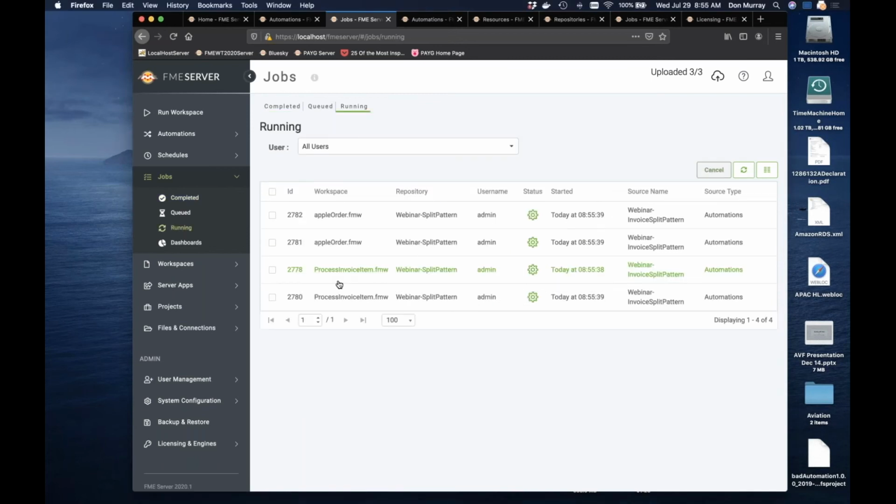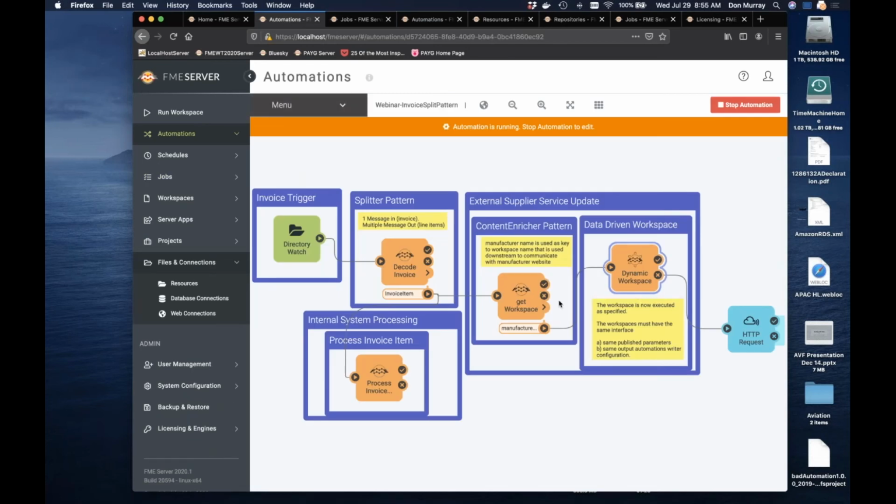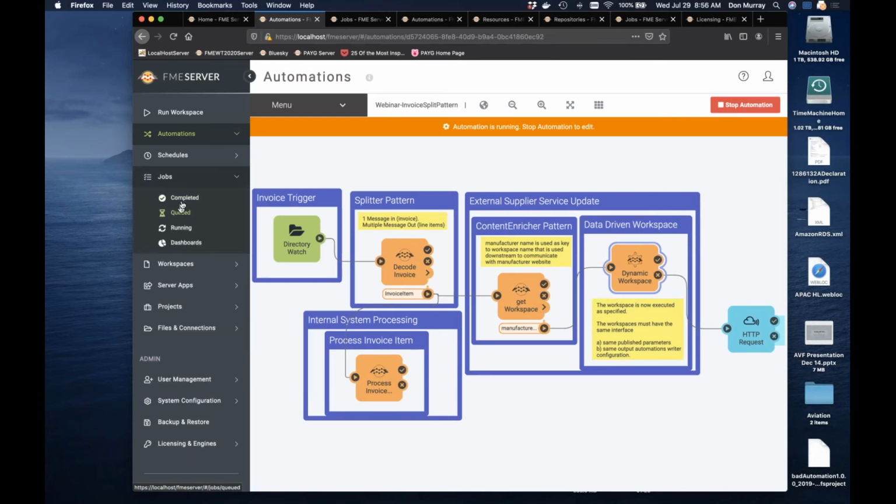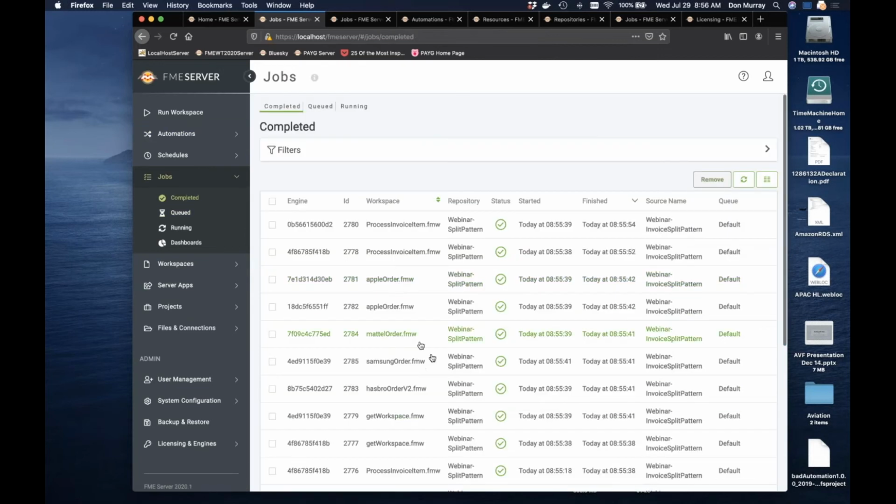That's the other thing to note about the automations that we're showing here: there's inherent parallelism going on without you even thinking about it. As I write out these different invoices, if I have multiple engines, I can do them in parallel. Now if I go over here to complete it, you're going to see that the Apple, the Mattel, the Samsung, the Hasbro,